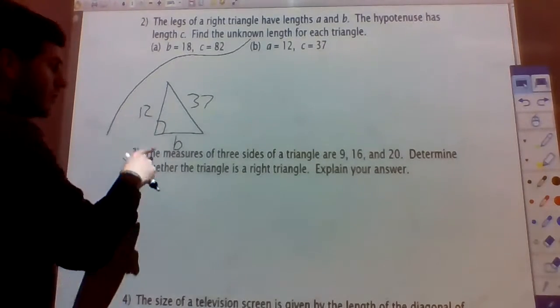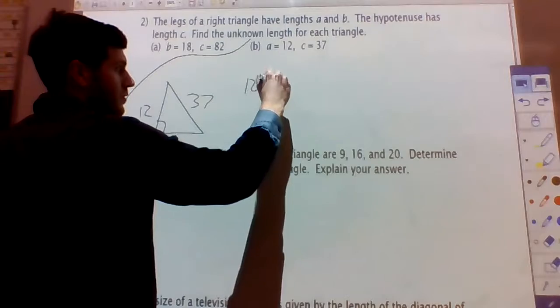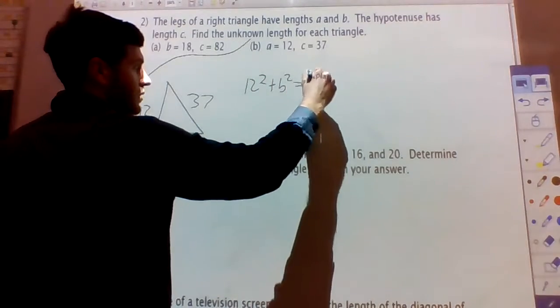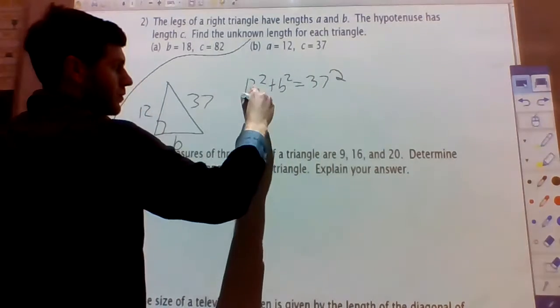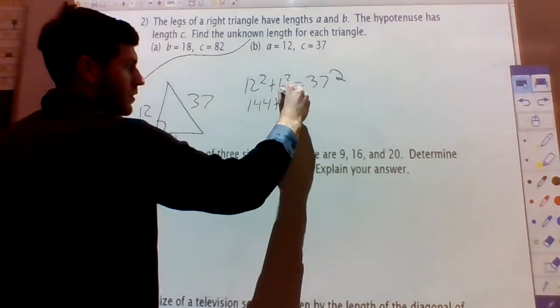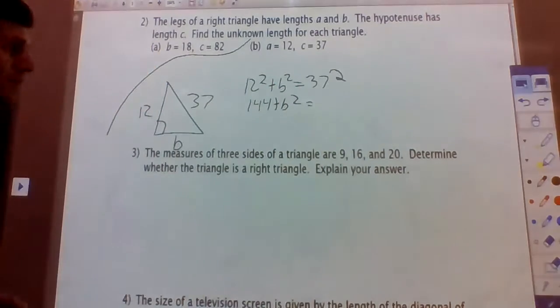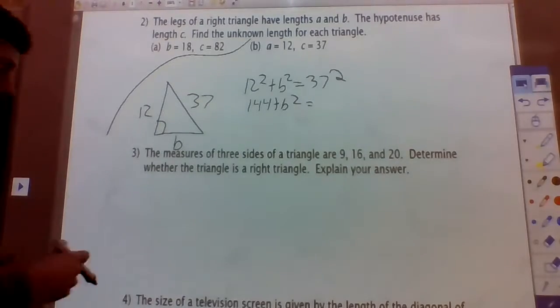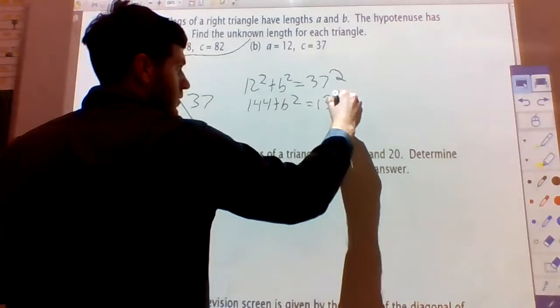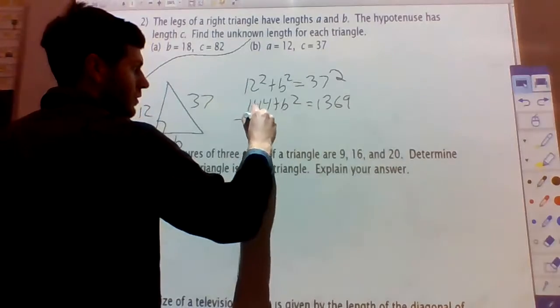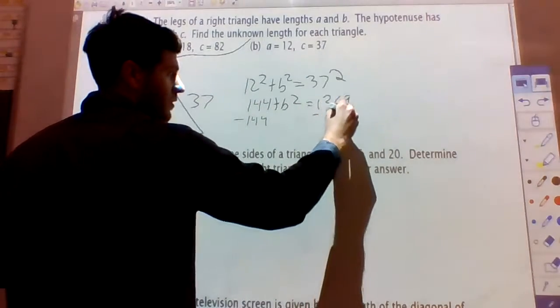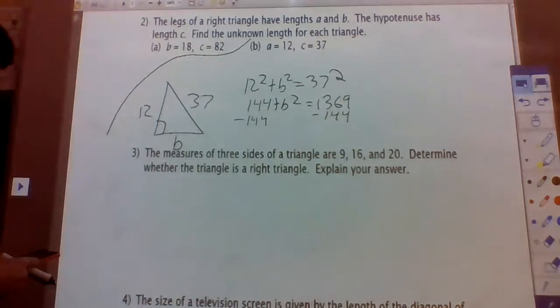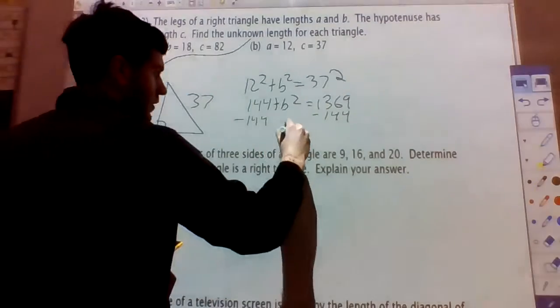Okay. So 12 squared plus B squared equals 37 squared. 12 squared is 144. 37 squared is 1369. Okay, subtract 144 from both sides. Okay, and we get B squared equals